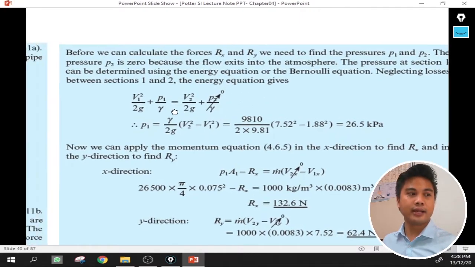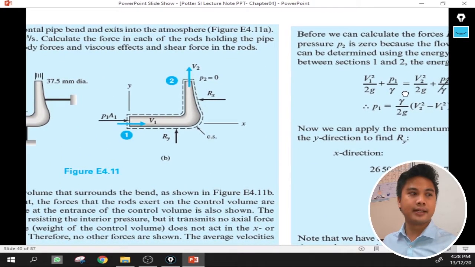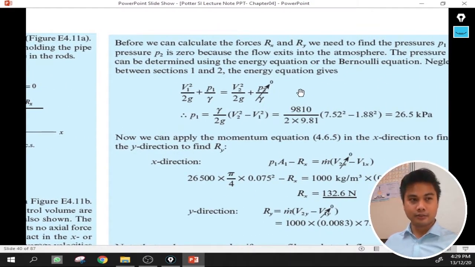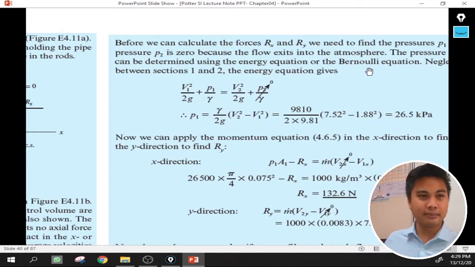But in this one, there is no turbine or pump, and there is no loss because this is only a small section. We omit any loss. So by using the Bernoulli equation, which is V squared over 2g plus pressure over gamma,